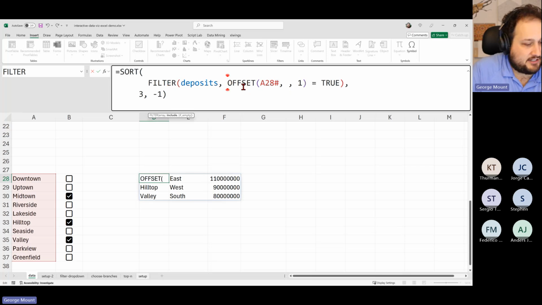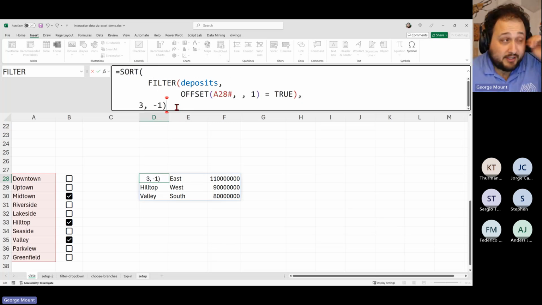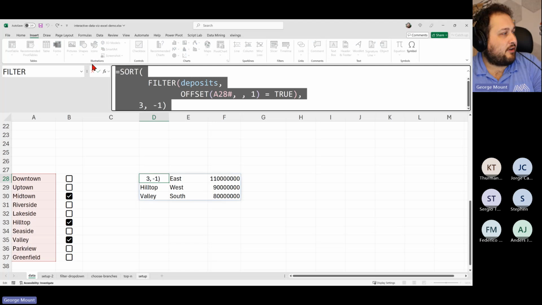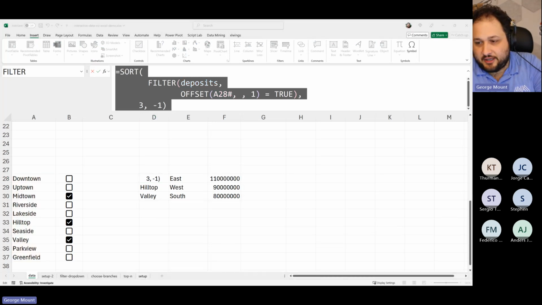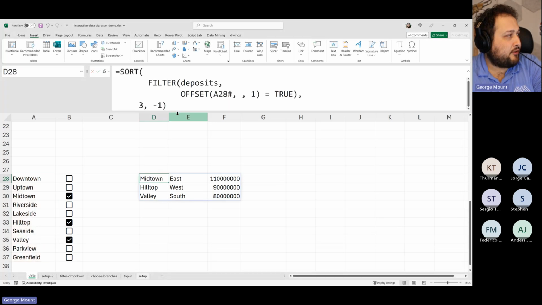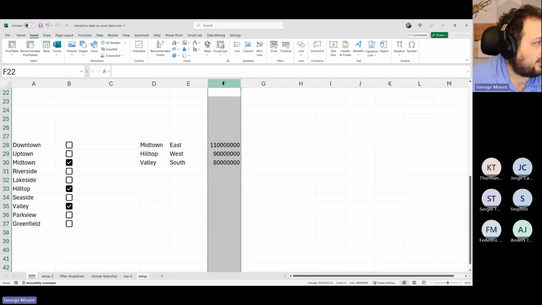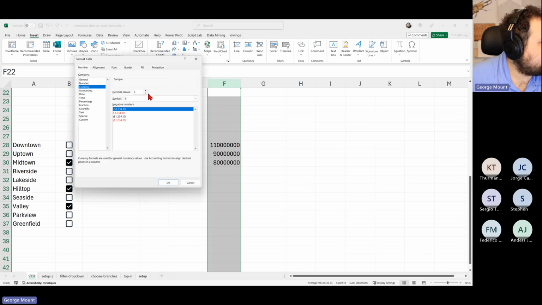Maybe we could even take that a step further and break this down as much as possible. So, I'm sorting, I'm filtering this based on this condition, and now here are the conditions that I'm sorting by. If that helps you, go ahead and keep doing that. I definitely do that myself. Or you could break this into helper functions as well, whatever works for you. I'm going to leave that as is, and let's just format this as a